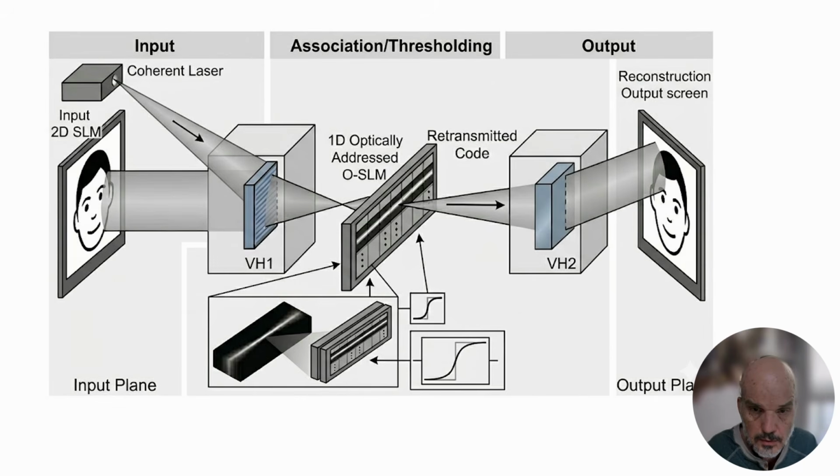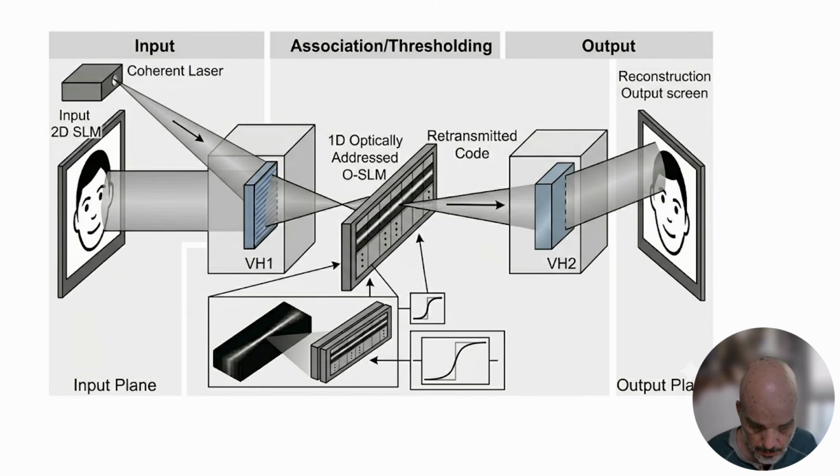In this case, we assume that we record an association in the input plane between a pattern that we would like to create in the associative memory and a code, and the coherent laser comes in here with a code. This is an image of the system generated by Gemini, so it's a crazy looking image, but the basic idea is correct: the code is represented by a one-dimensional pattern that goes onto an optically addressed spatial light modulator in the middle layer. The code is nonlinearly processed and retransmitted to reconstruct the associated memory.